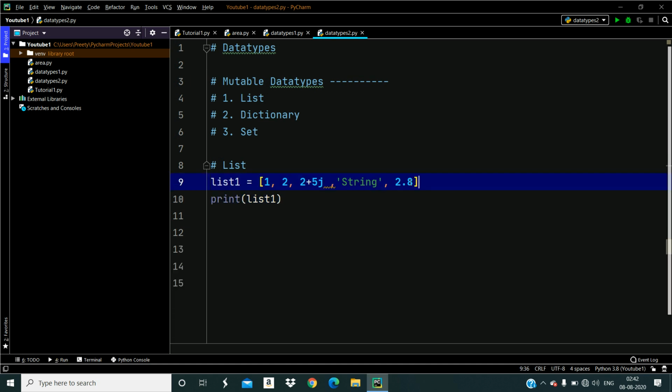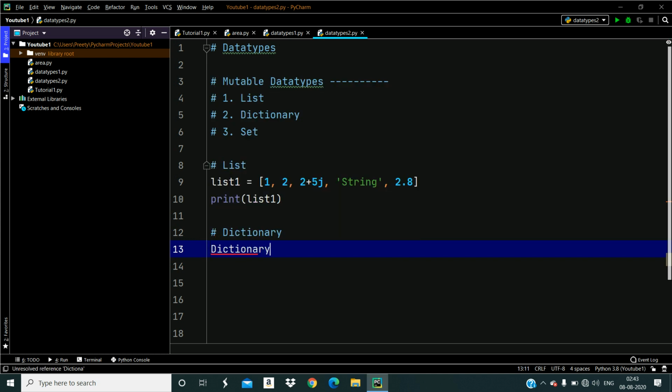These are the items which are in the list. Guys, the operations we perform on these data types, I'll discuss in another tutorial. Today, I'll just show what they are and how we can declare those data types.